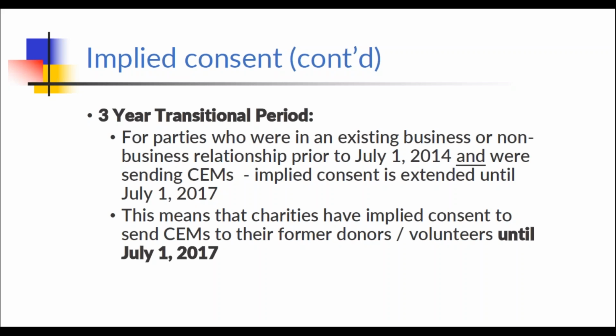Basically what that means, in simple terms, is that charities have implied consent to send CEMs to their former donors and volunteers until July 1, 2017. And nonprofits, and my apologies it's not on the slide, but it's the same thing. Nonprofits have implied consent to send CEMs to their pre-July 1, 2014 members until July 1, 2017. Complicated? I think I need to break that down a little more. Let me explain. By way of example,